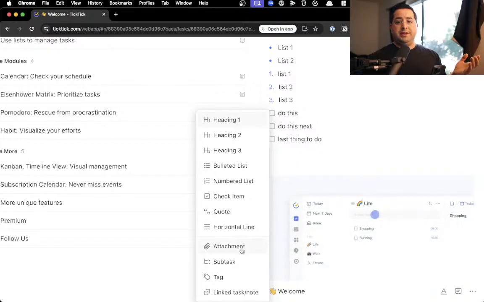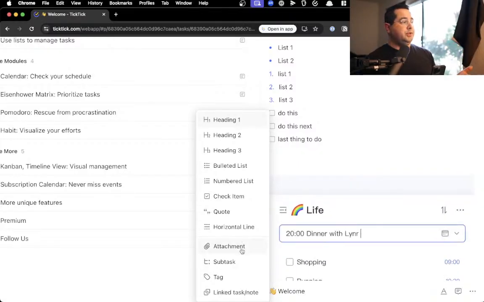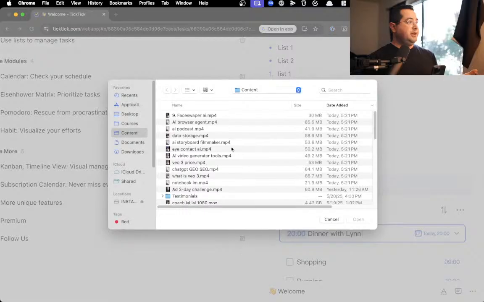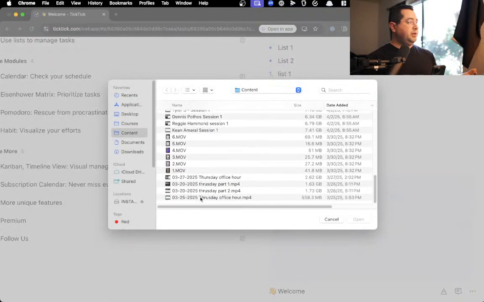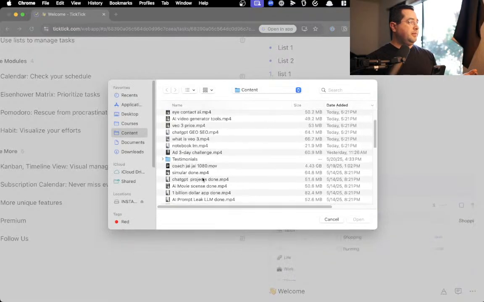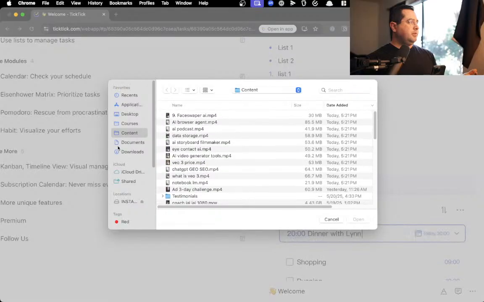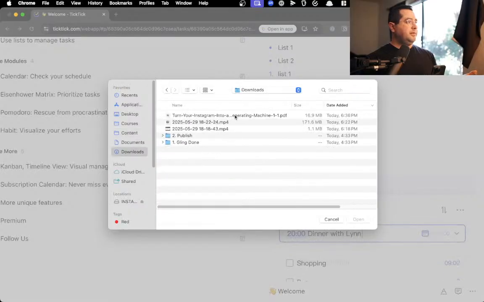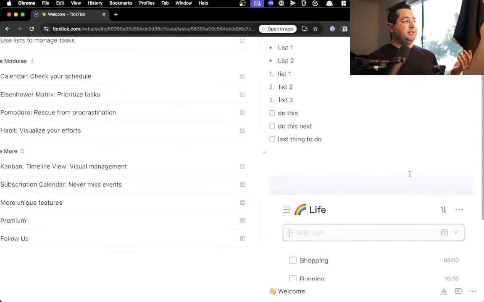You also have the ability to attach files, and you can do them one of two ways. You could click on the attach button, find the file on your computer, double click on the file, and the file can be saved to